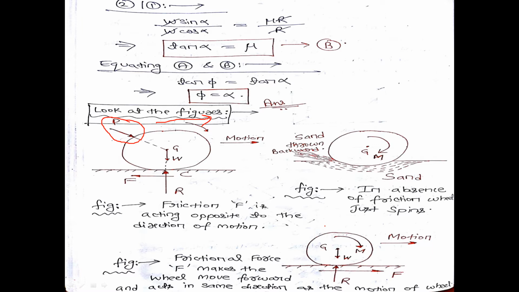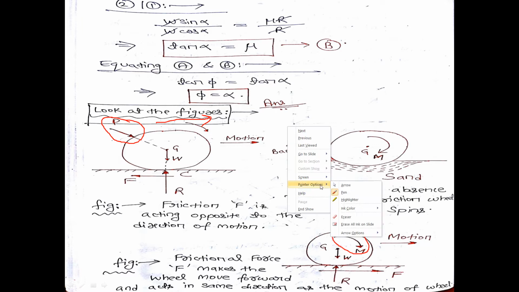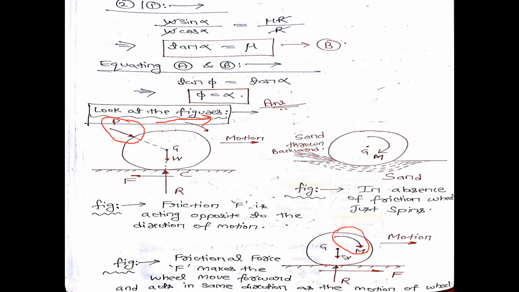What I am applying, I am giving a moment to this ball. I have told you in the first module that moment produces a rotation in a body. Moments make a body rotate about some fixed point. Fine. So if you apply a moment to this ball, how can you apply it?